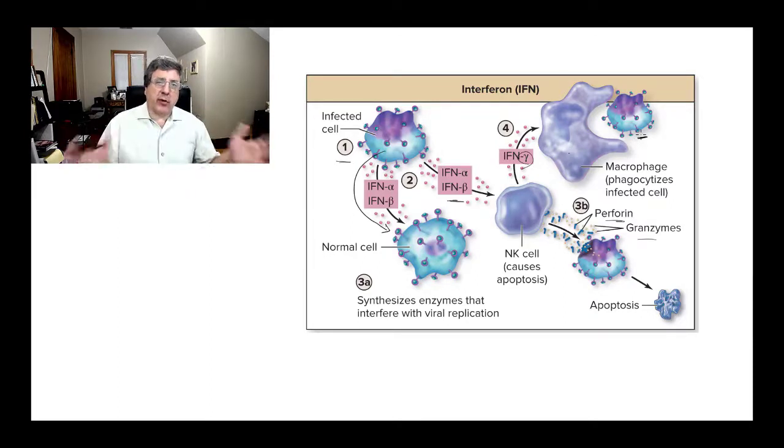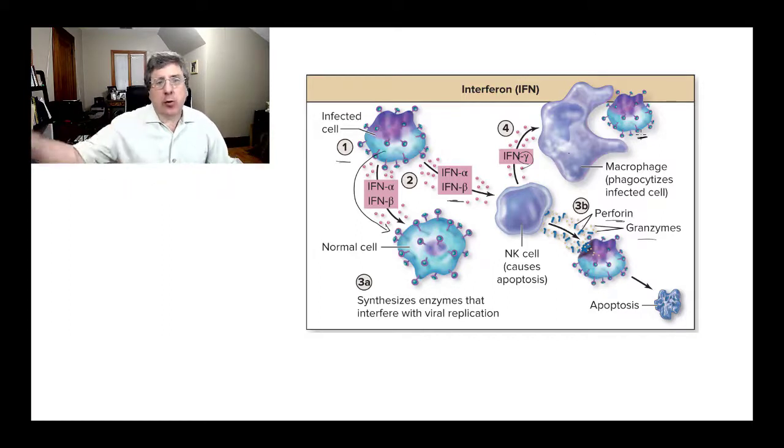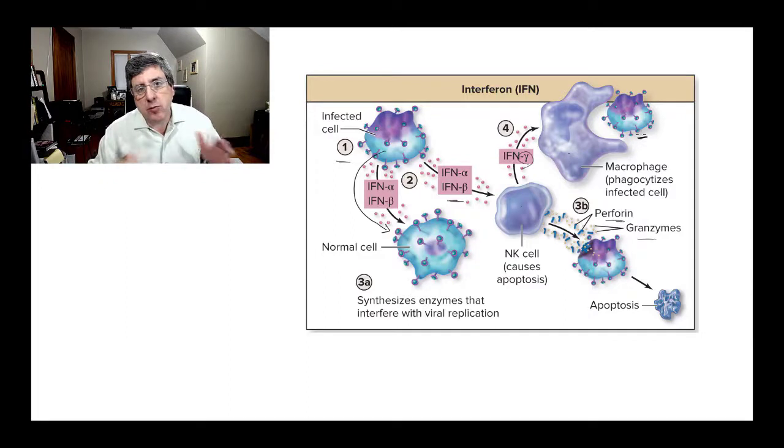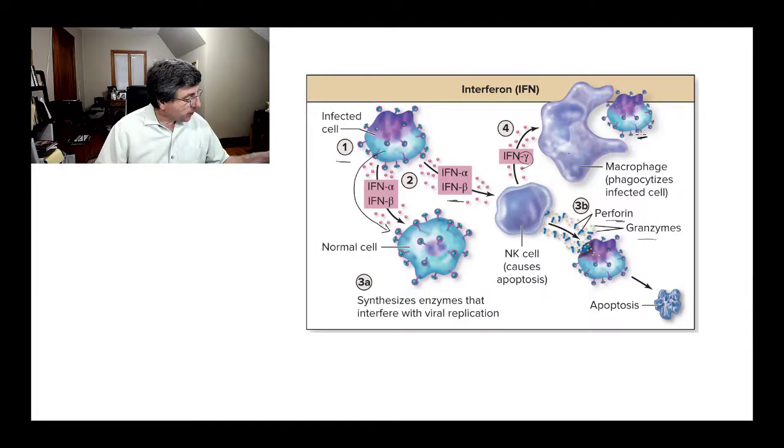So we have three different types of interferons: alpha, beta, gamma. Alpha and beta basically go to a healthy cell and say, don't do any duplication of proteins. Now this is going to be a temporary thing, because your cells have got to do this in order to stay alive. Otherwise, there's no function of the cell. So those are your functions of this one. The next up, let's do complement.